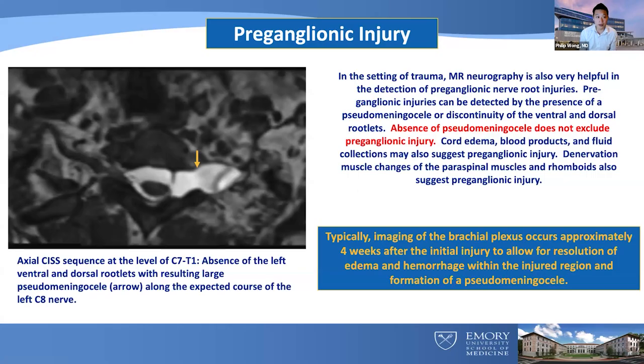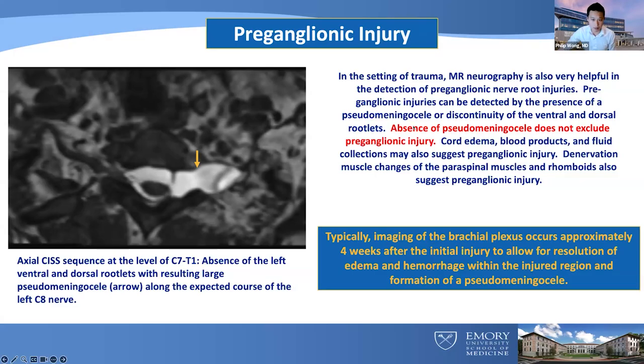And then also in trauma, we have to include images of the cervical spine. So we do a high resolution T2 weighted sequence of the cervical spine to look for the preganglionic nerve root injury. This is an example of an axial KISS sequence at the level C7-T1. And here you don't see any nerve roots, and you see a large pseudomeningocele that's characteristic of a preganglionic nerve root avulsion. MR neurography is really helpful in detecting preganglionic nerve root injuries, which can